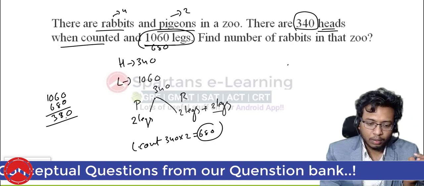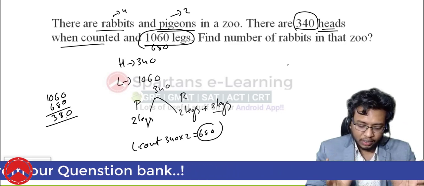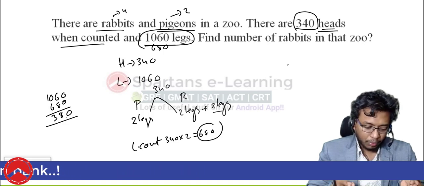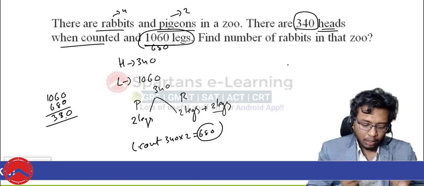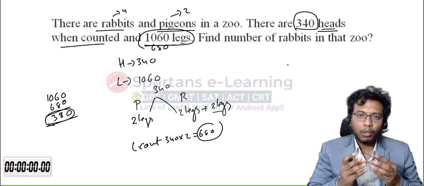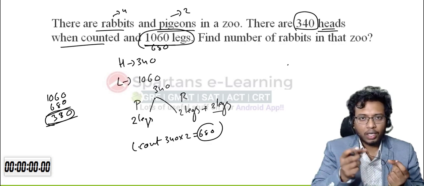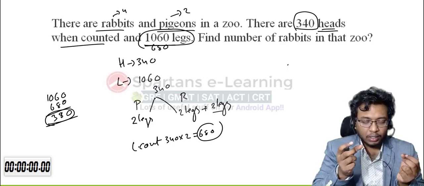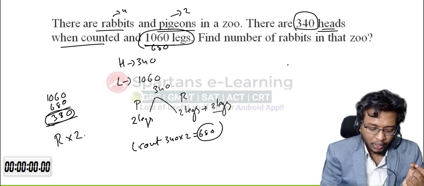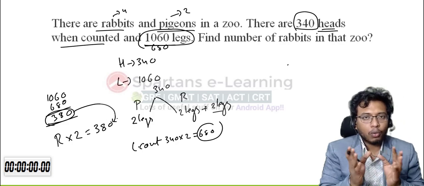Correct. Now leg count you got total as 680, but then you have 1060. 1060 minus 680 will give you 380, right? That means this much amount you are missing. You count whatever legs you cut from each rabbit, take two legs from each rabbit, then the total legs you cut were 380. So there are X rabbits, from each rabbit you cut two legs. So that's why you got 380. This 380 deficit is because you remove 2 legs for each rabbit.